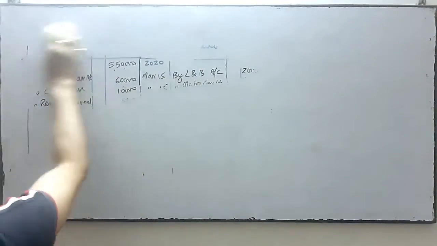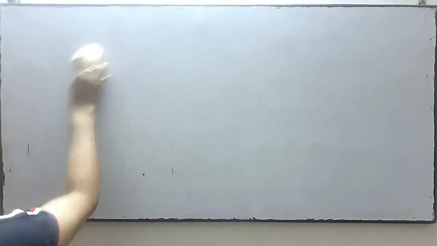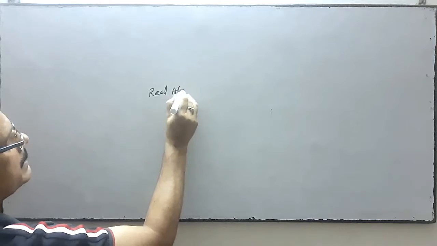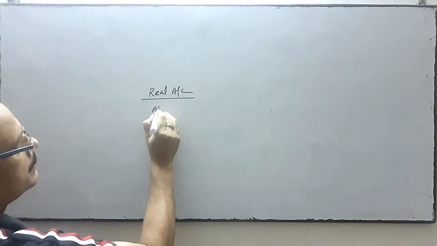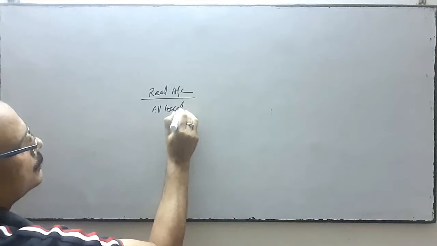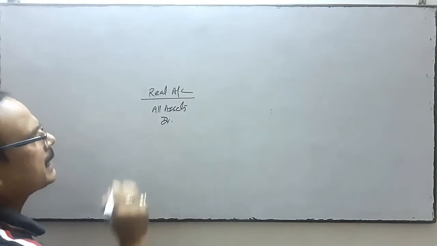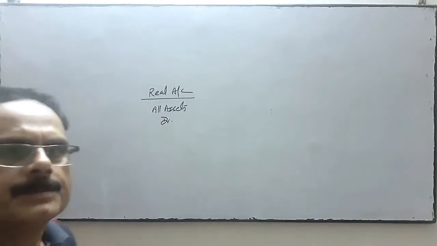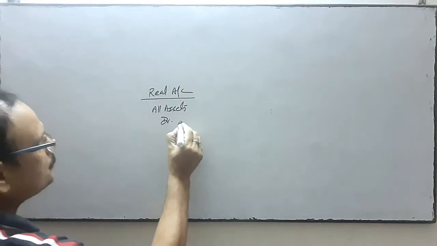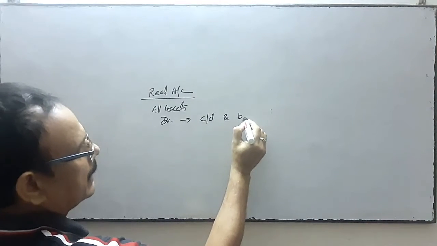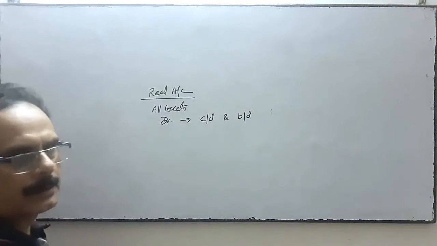At the end of the financial year, what do we do? We find out the balance. If there is a balance in a real account, all assets come under real account. Assets always have a debit balance, or maybe sometimes no balance. So this balance will be carried down and brought down.